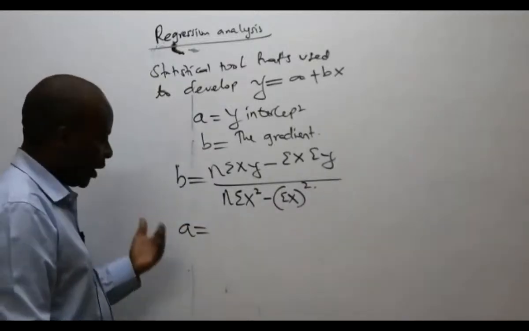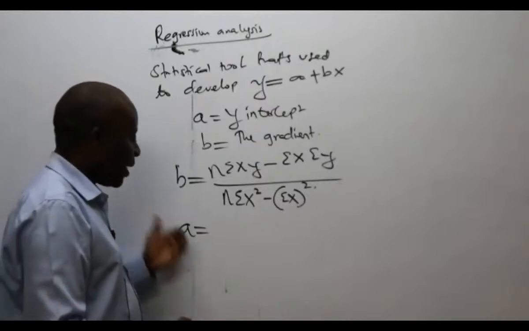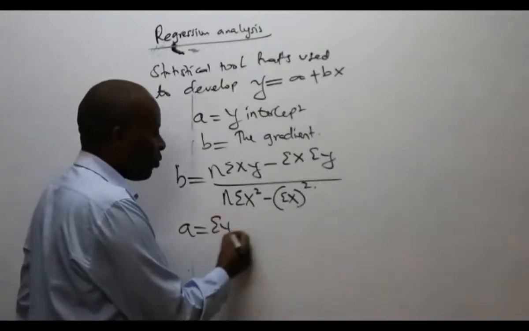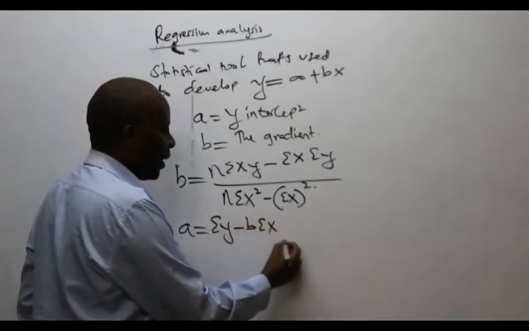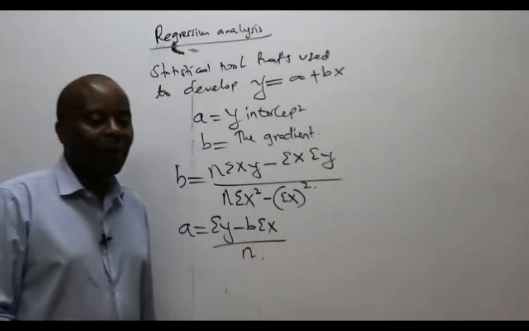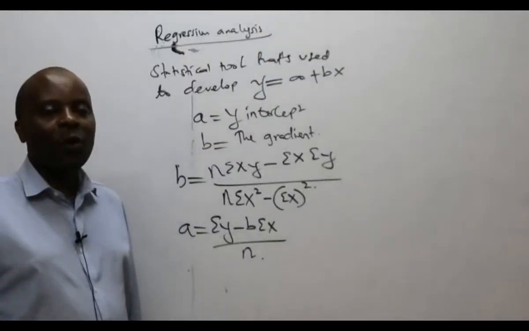To help you very quickly here, to get a, which is the intercept, we normally take summation of y minus b summation of x, all over n. So, ladies and gentlemen, I would want to progress to something different, but before I do so,